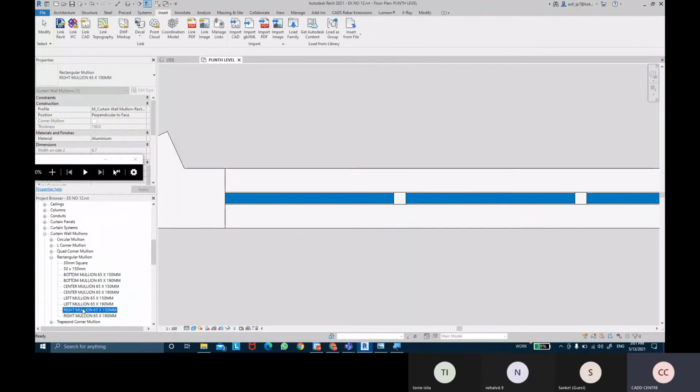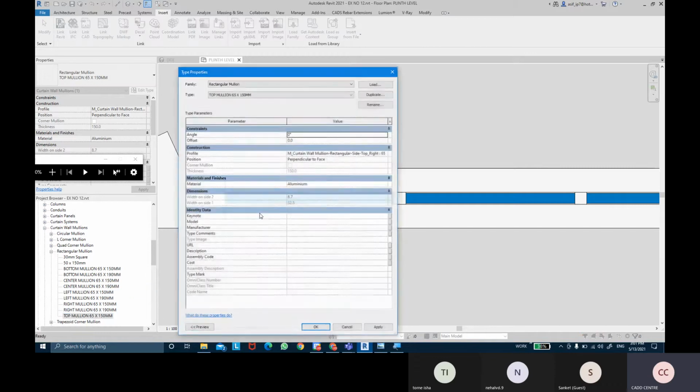Okay, then the bottom mullion is done, so we're going to add the top mullion. We can again come over here and use this as top mullion, 65 by 150 mm. Make sure that the top mullion is there, 65 by 150, so that's right.